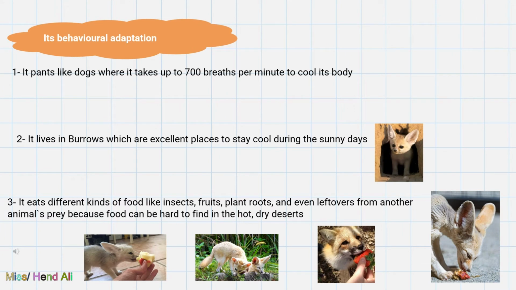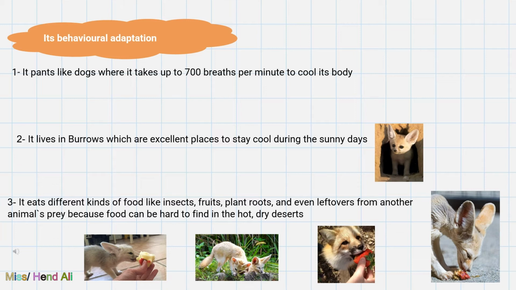Now let's talk about its behavioral adaptation. It pants like dogs, where it takes up to 700 breaths per minute to cool its body. So the fennec fox takes up to 700 breaths per minute to cool its body. The second behavioral